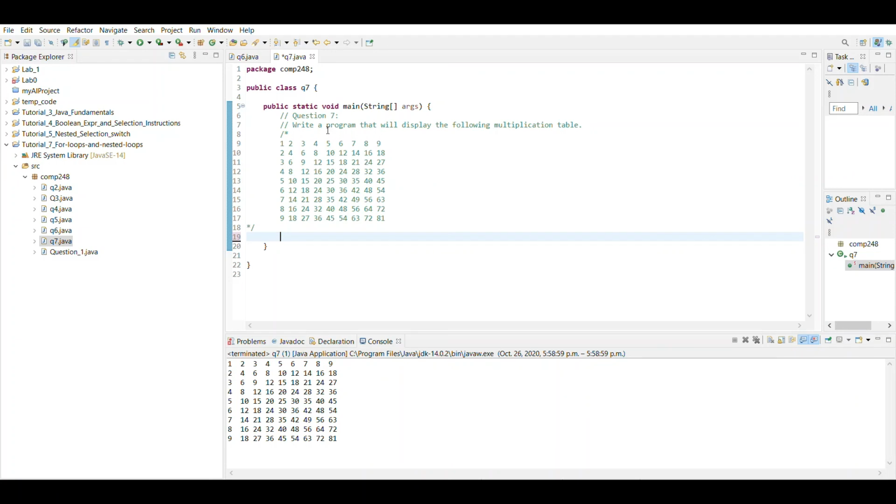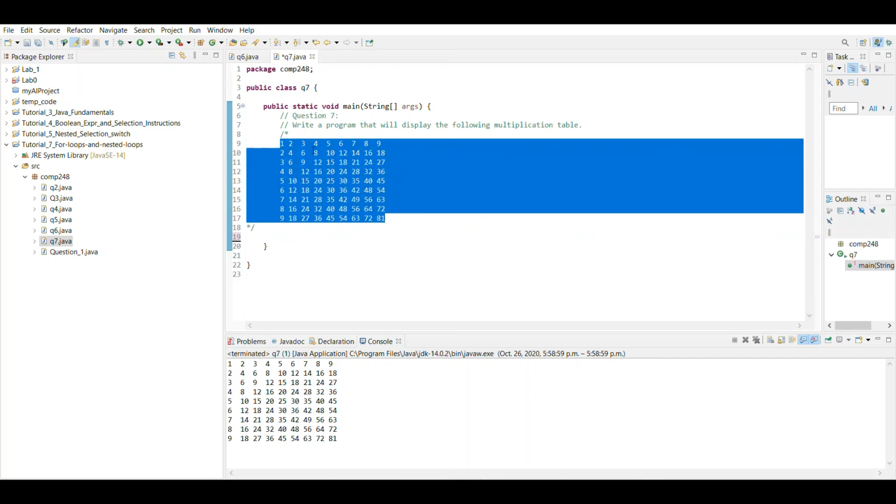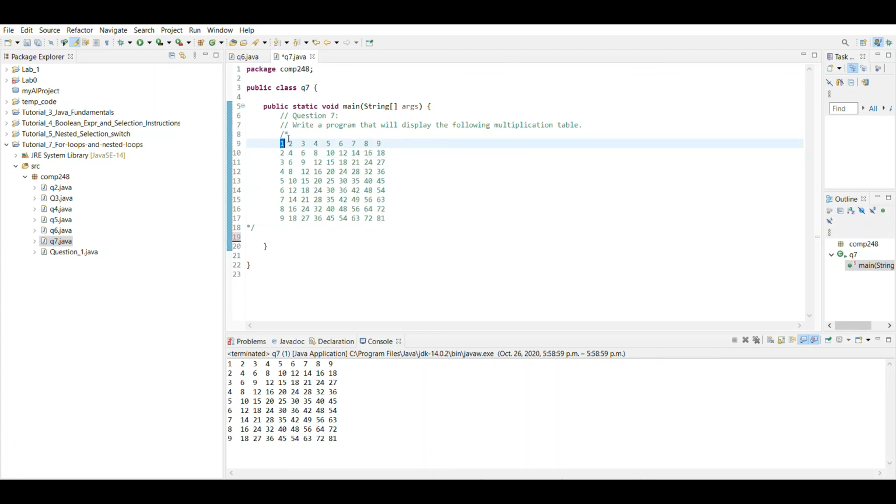Last question, question 7. Write a program that will display the following multiplication table. So this is a multiplication table from 1 to 9. Here is the product between 1 and 1, and it ends here with multiplication of 9 by 9. So for this, to complete our mission, we need nested for loops. So let's have the outer loop here, i equal 1, i less than or equal 9, and then i plus plus,